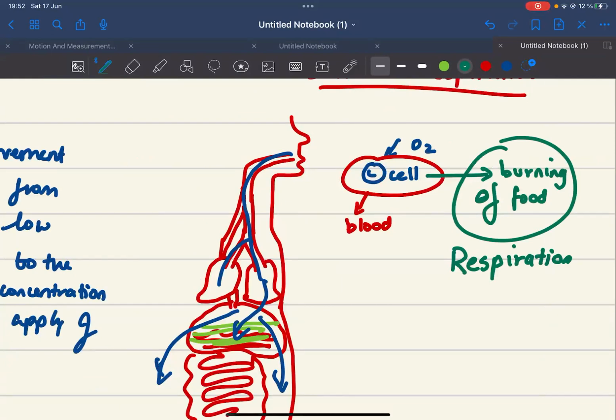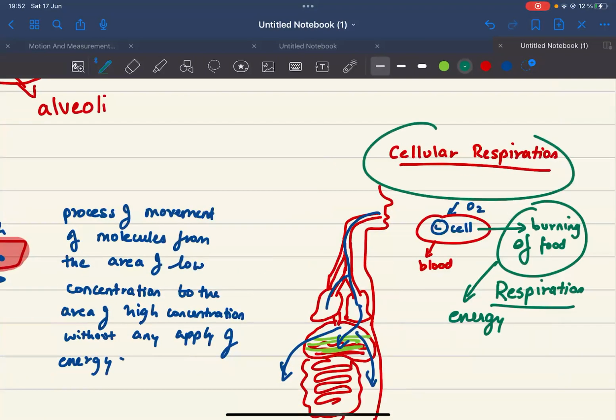So the respiration process takes place like this: once oxygen reaches the cells, it is used by the cell to burn down the food in order to give you energy. This is called respiration. Since it is done by the cell, it is called cellular respiration. Burning of food will release energy. Now you know that energy is of different forms. Your fan is running because of electrical energy, right? You are able to run because of your physical energy. You're getting electricity from the dam also, so you have marine energy, you have different types of energy depending on the source. Since this energy is created by the cell,